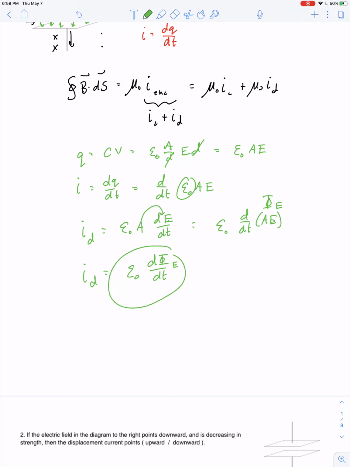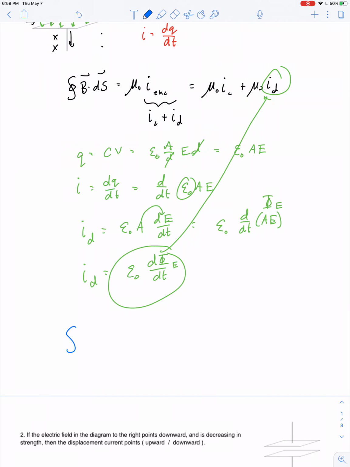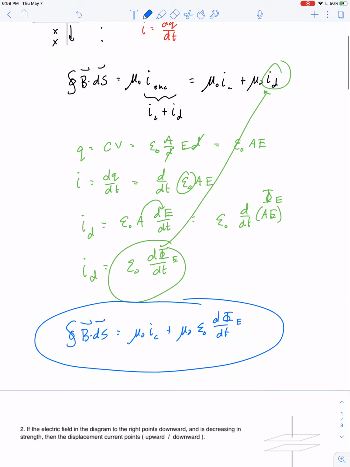So if we substitute that in place of displacement current here, the full version of Ampere's law is stated as the integral of B dot ds is equal to mu naught multiplied by conduction current plus mu naught times epsilon naught